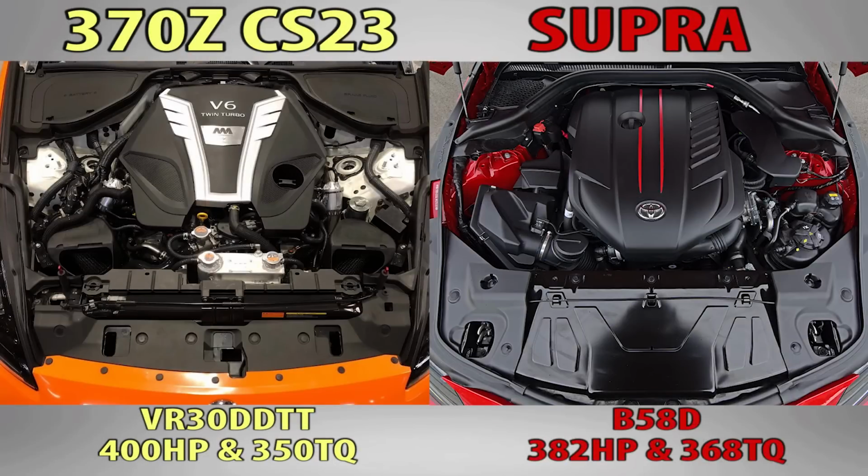Here are the two bays side by side. There's a very high probability that the next Z will receive Nissan's VR30 DDTT V6 twin turbo, which is rated at 400 horsepower and 350 pound-foot of torque. The 2021 Supra uses BMW's B58D inline-6 engine, which is also turbocharged and is rated at 382 horsepower and 368